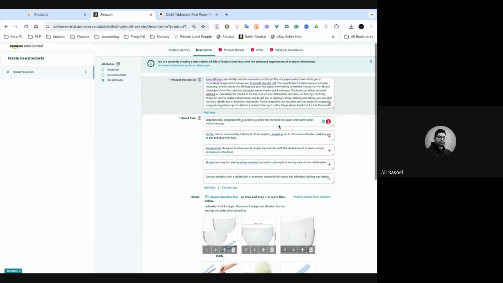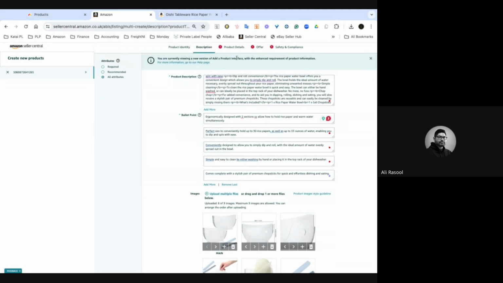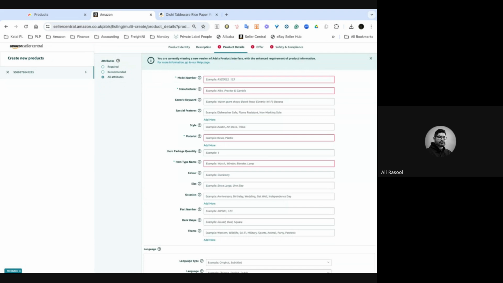So not hitting submit, we need to look at the top and see what other areas we have. We've already completed the product identity. This is the description area, which we've completed. And now we can look at the product details. It's going to look different depending on product, but also category, and also marketplace. If you're looking at this on the US, Australia or the Canadian platform, it can ask for different things and might have a slightly different format,